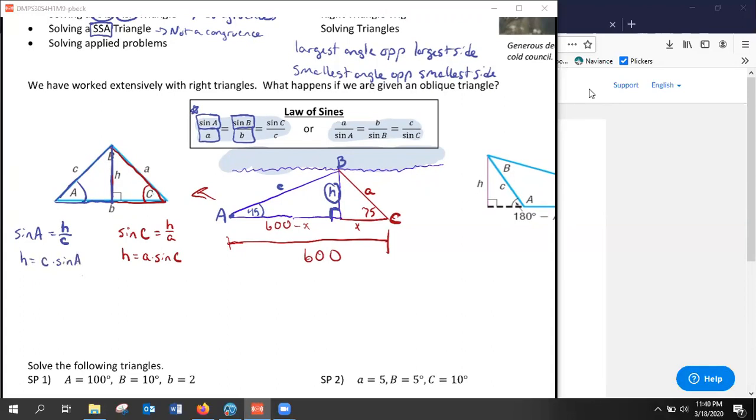And let's go ahead and combine these two statements together. Since they are both equivalent to H, we can say that C times the sine of angle A is equivalent to A times the sine of angle C. Then if we divide both sides by AC, on the left, the C's are going to cancel, and on the right, the A's are going to cancel, and we are left with the expression sine of A over A equals sine of C over C, or the first and the third portion of the law of sines,